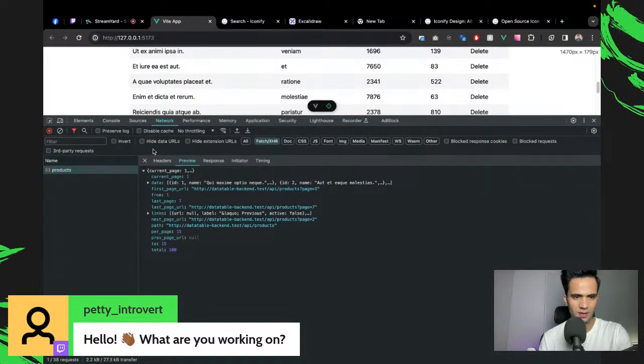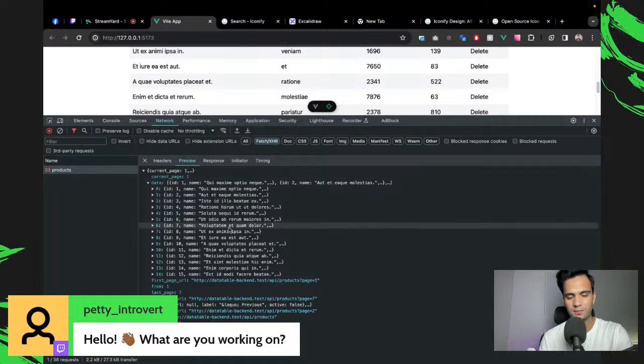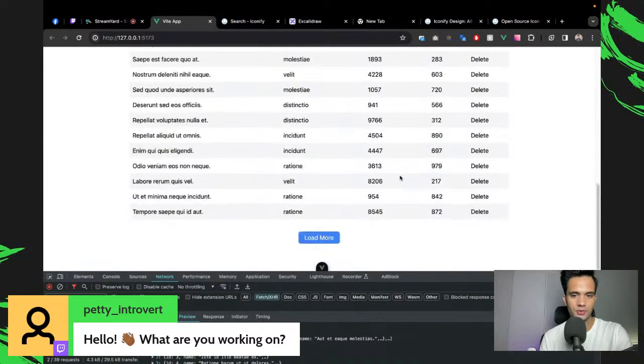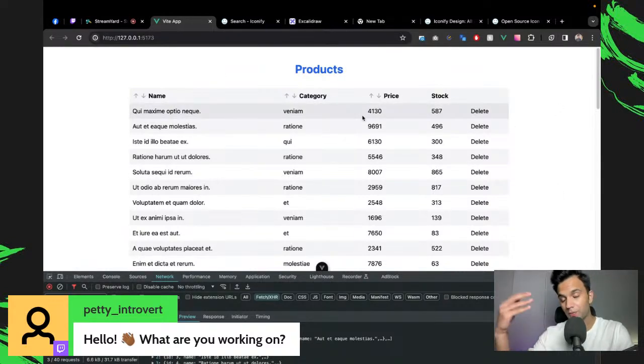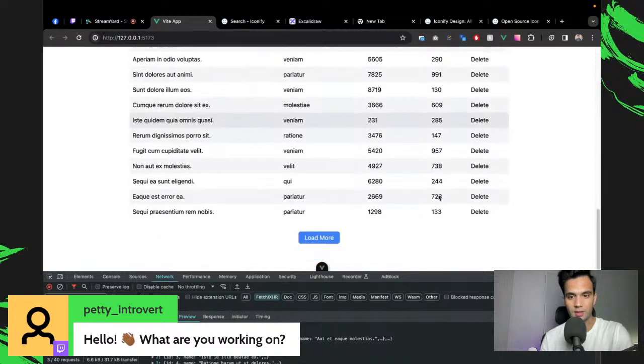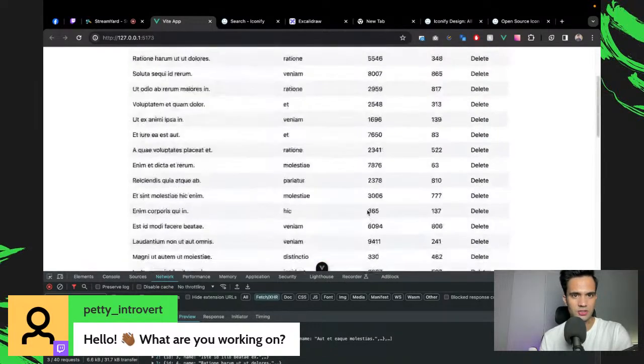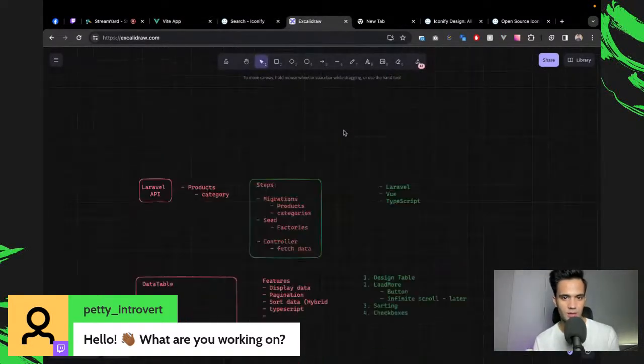It takes the API in this format and then lets me load more data, which we have already implemented on the data table. And second, we should be able to sort it, which is what I'm working on right now. And then there will be some checkboxes so we can select particular rows and perform some action on that. So that's the general agenda.